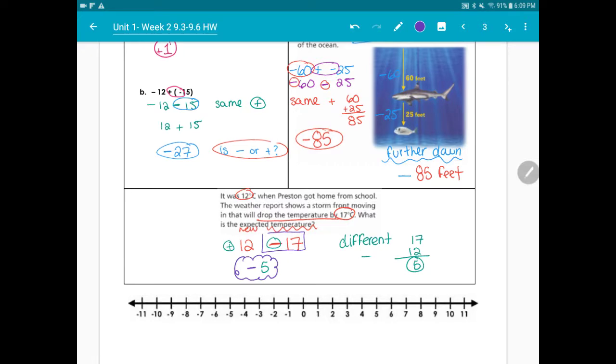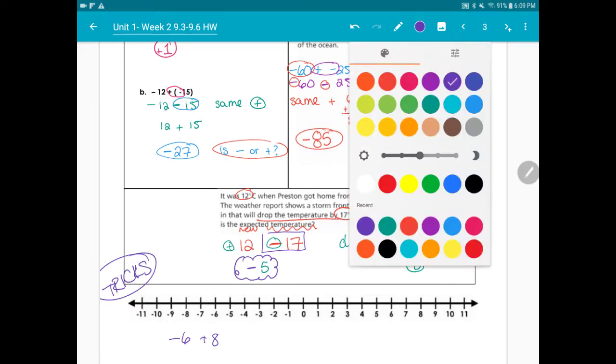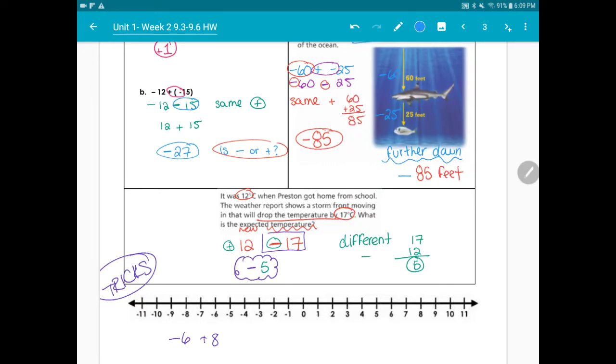Lastly, I want to show you a trick on how to use a number line for this. If we have numbers that are small, it works, but it doesn't work when the numbers are really big. Let's say we're doing negative 6 plus 8. So I would start at negative 6. And then I have 8 positive, so I'm going to move 8 in the positive direction. The positive direction is to the right, the negative direction is to the left. So 1, 2, 3, 4, 5, 6, 7, 8. That means my final answer